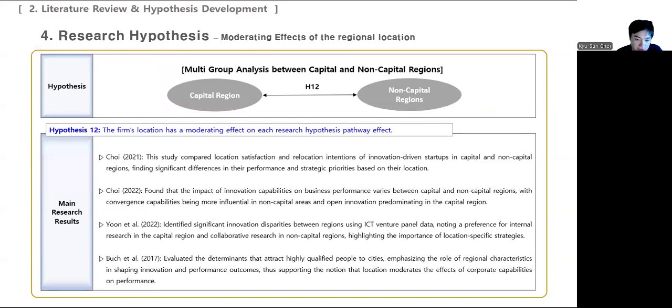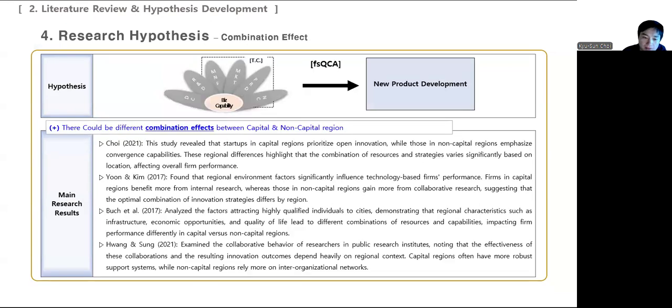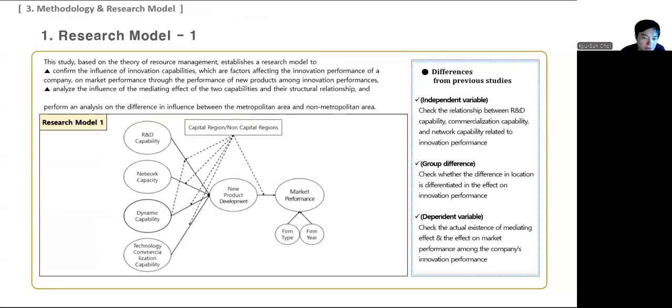Let's examine hypothesis 12. The firm's location will moderate the effect of each research hypothesis pathway. I try to explore the differences in performance and strategic priorities between firms in capital and non-capital regions. Next, I also consider the combination effects of regional location on firm capabilities and performance. This hypothesis suggests that there could be different combination effects between capital and non-capital regions. So as you can see above,